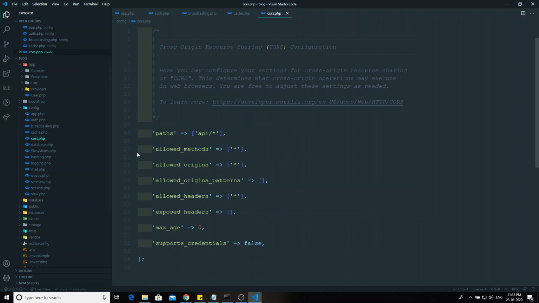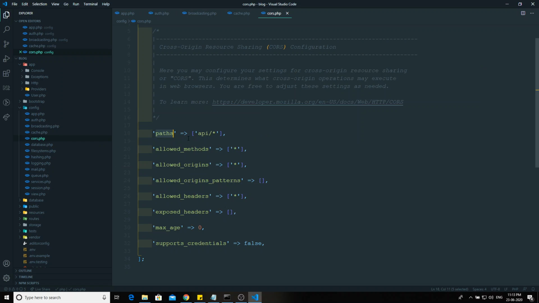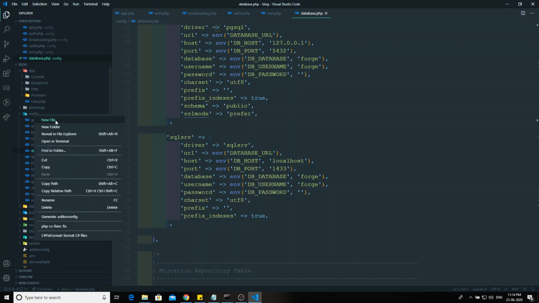So if you want to access this one, course.paths, config of course.paths. So like this you can use config of course.paths. So whatever the things you want, you can mention. So if you want to, you can create your own file here.